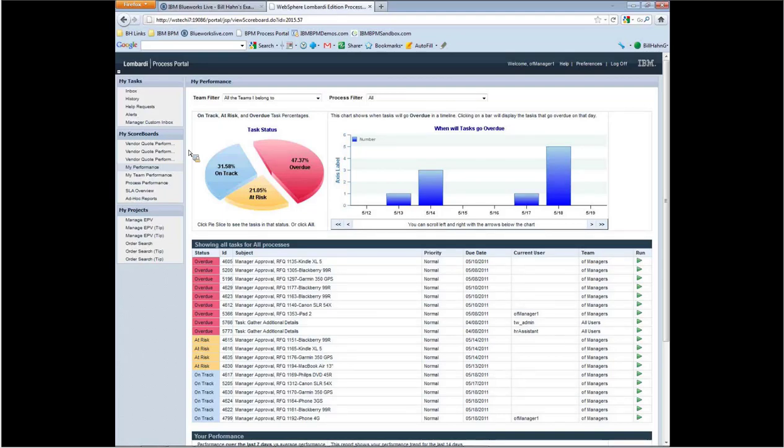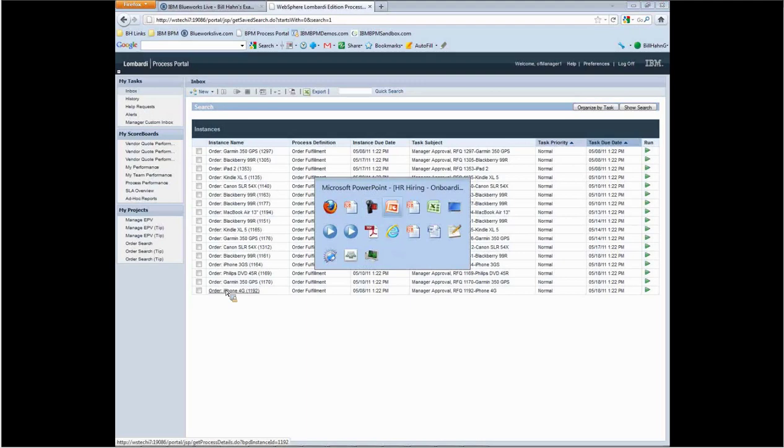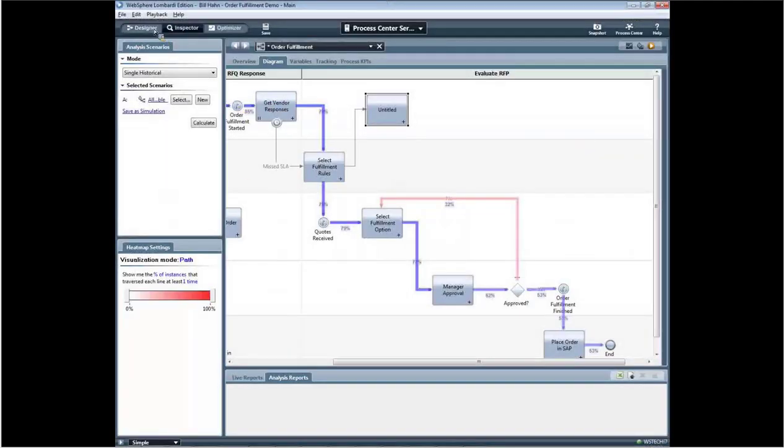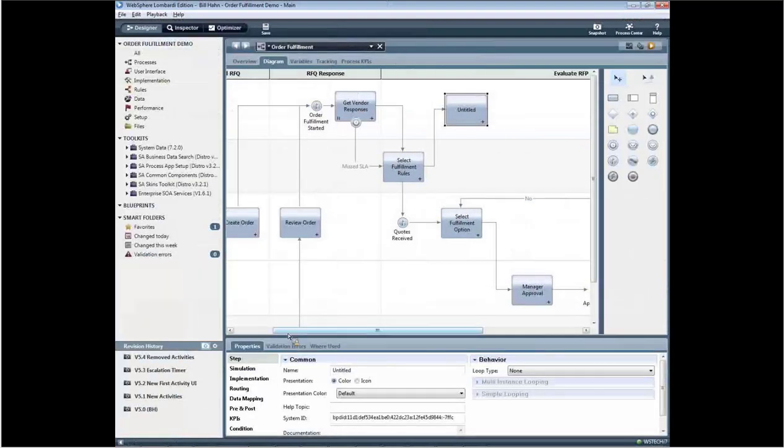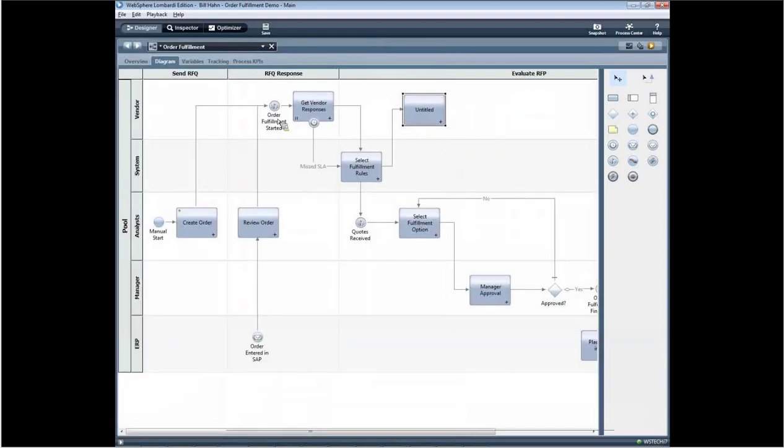When you participate in the process, I see my performance as I'm participating in the process. I can see a list of the activities that are awaiting my attention when I use the process. And if I pull up this process in the design environment so you can see what it looks like, in this example I took this process from BlueWorks Live and then I added a little bit of detail to it to make it runnable. The little bit of detail that I added to it includes things like the